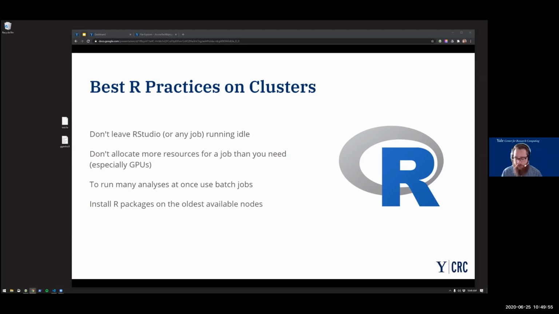Once you decide you need to run lots of copies of your R script, we ask that you don't use RStudio to do that, because RStudio wasn't built for that in this environment. And also it's not an easy thing to do. And so we have better ways of doing that, and I can allude to that, and we'll probably have a session about that at a later date.